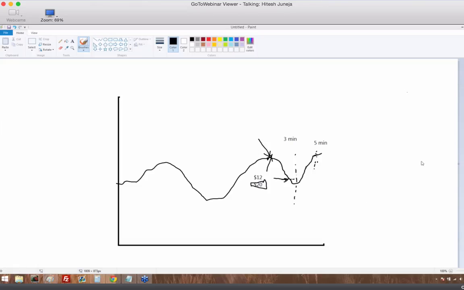Chip just showed how to do that, and maybe we need to see it one more time. I'm not sure. But I'll have the recording in the back office, so you can go and review that again and see how to set up a working order. There's actually a training in the back office right now that shows you how to set up a working order as well. And Chip, if I'm not wrong, I think you have training videos on Nadex's site that also show how to set up working orders and things like that.